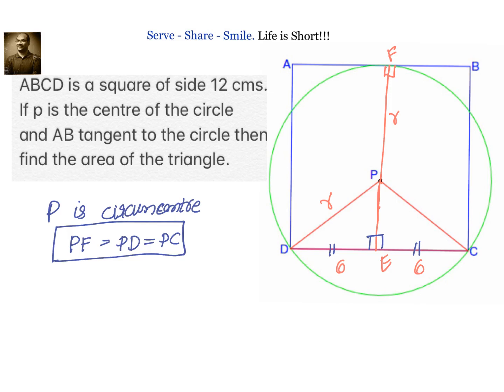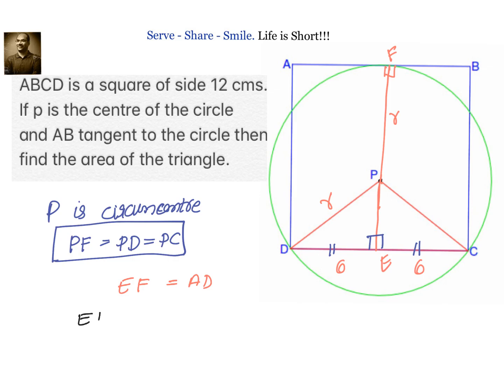The logic we are going to use to solve this problem is to calculate this length EF. I can find EP by Pythagoras theorem, and PF equals R, but that should be equal to 12 centimeter, which is equal to AD or AB or BC or CD, because we have 90 degrees, 90 degrees, 90 degrees, a rectangle. Opposite sides are equal. So I will write down the logic: EF is equal to AD, because ADEF is a rectangle.